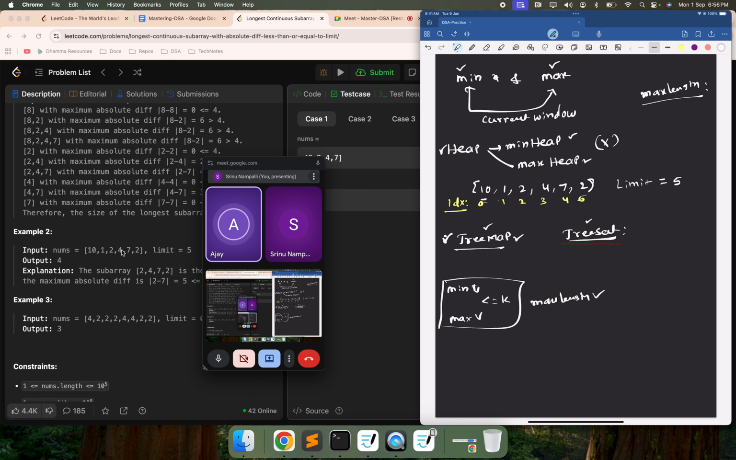In case of tree map, we can do that by getting the first key and the last key, and the difference will give the limit. So first key, last key, giving the difference as less than or equal to limit. Now you need the length, right? How do you know the length? In this case, if you closely see here,